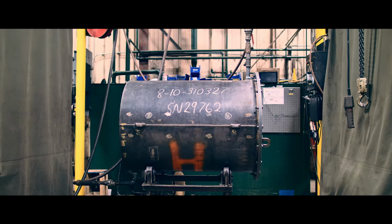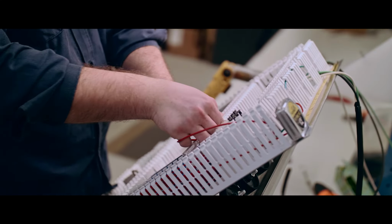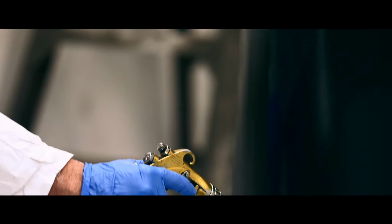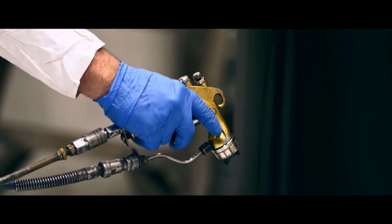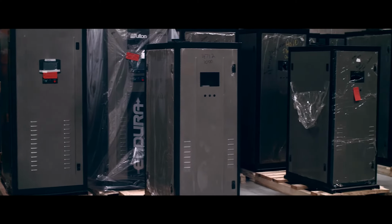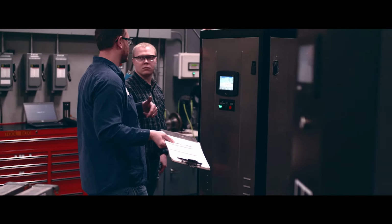What differentiates Fulton is our commitment to quality, durability, and reliability. While many of our competitors are outsourcing heat exchangers to third-party vendors, Fulton not only R&Ds our own heat exchangers, but we manufacture them in-house. We have in our R&D lab lead-the-fleet units running 24/7, so that if an issue ever does crop up, we'll be able to get out in front of it and address it before it ever